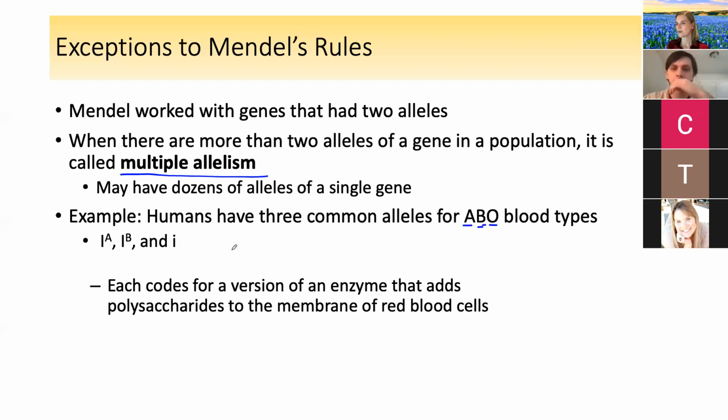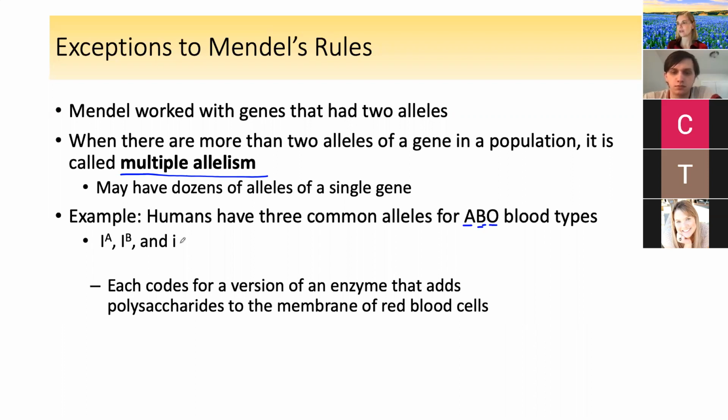And they're represented here by the letter I for incomplete. And so now we're going to use a superscript to represent the particular trait. So this would be the A blood type, the B blood type, and then we have this lowercase i that's representing O. And the reason for that is you can think of O as being recessive in a sense,